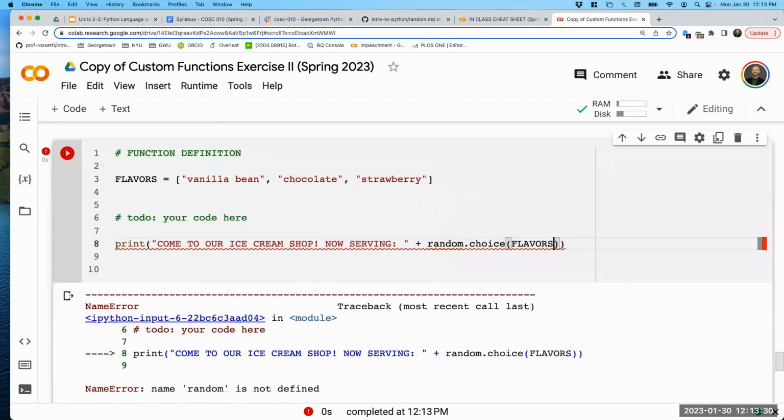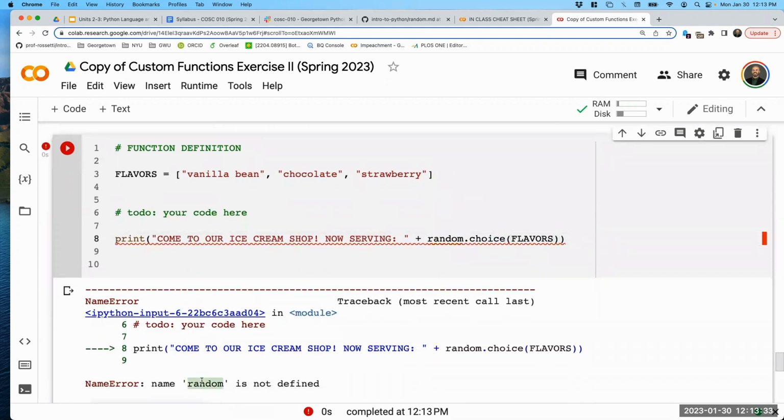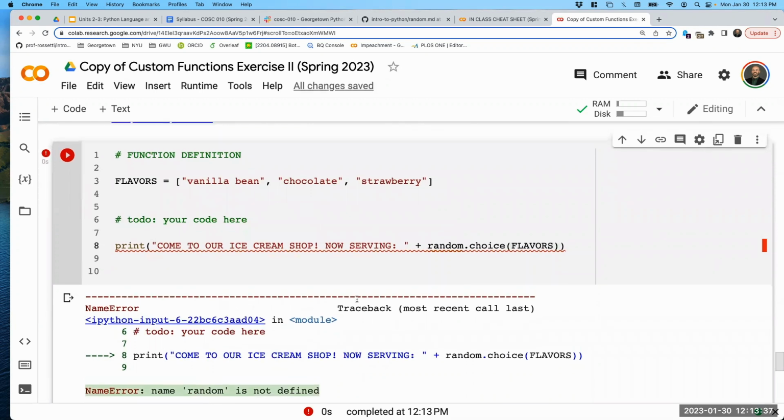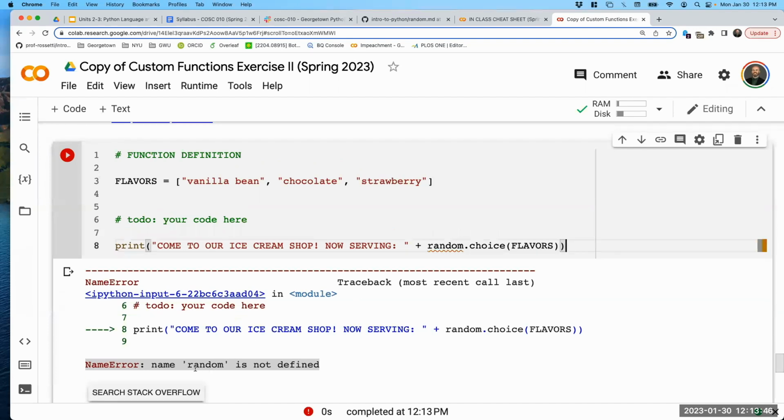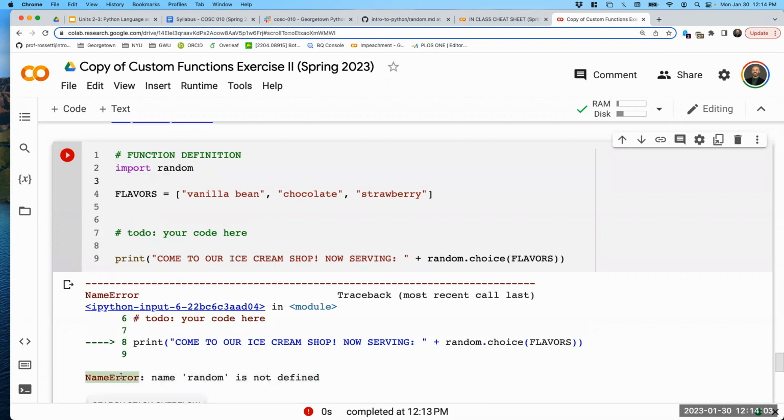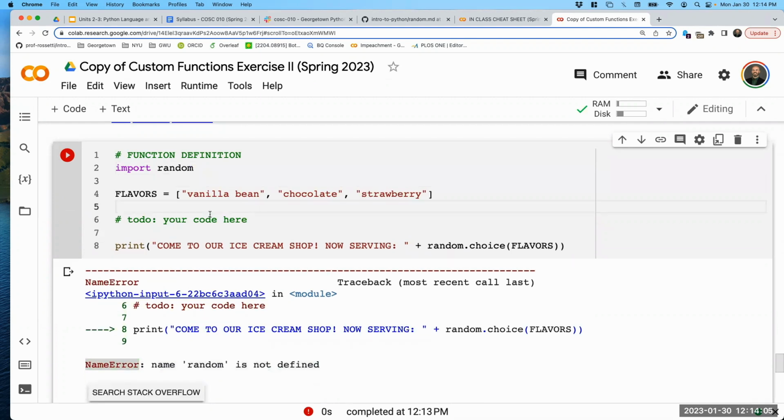Well, uh-oh, name error, random is not defined. We'll see this error a lot. Why are we seeing this error? We know we're trying to use a choice function from the random module. We saw that it worked, but when we try to do it here, we're getting some kind of error. The name random is not defined. What do we need to do here? Import random, right? In order to use this, we just have to import that functionality first. And that is what will help us get by this kind of error, a name error. Okay, great. Now with this in place,